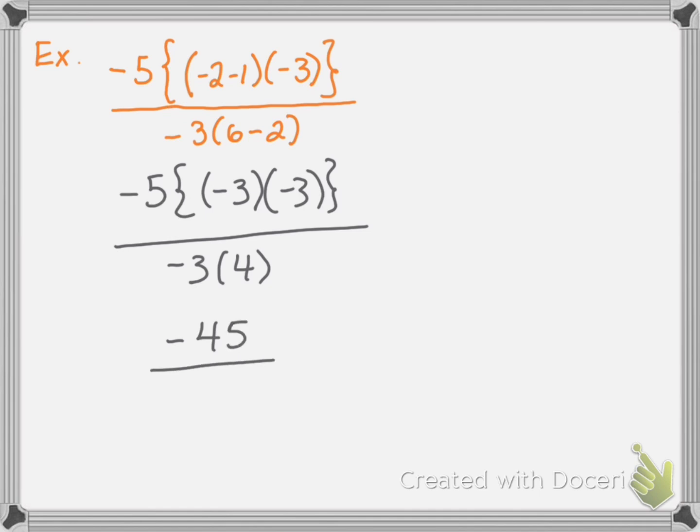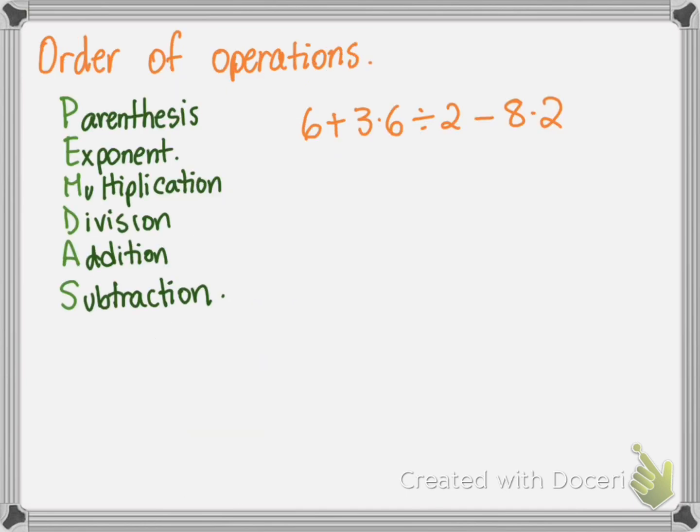On the bottom, we have -12. Now that we have simplified as much as we can on both the numerator and the denominator, then we can divide and simplify this last part. So negative divided by negative is positive, and if we divide both by 3, the answer will be 15/4. And that's my answer. For order of operations, we have to remember that little word that we have used before,